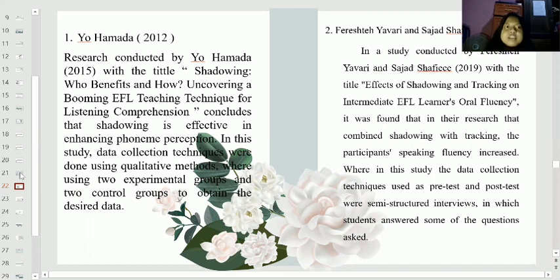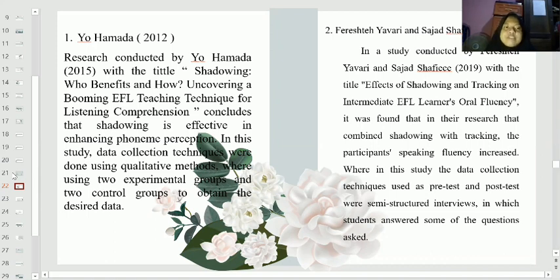The first is Yohamada. Research conducted by Yohamada in 2015 with the title Shadowing: Who Benefits and How? Uncovering a Booming EFL Teaching Technique for Listening Comprehension concludes that